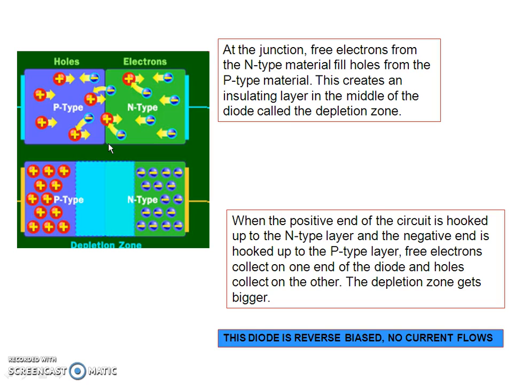So in a PN junction diode, the total current is due to the flow of holes as well as the flow of electrons. Now, as there is a flow of holes from the p side to the n side, there will be an appearance of immobilized negatively charged ions on the p side, and due to the flow of electrons from the n side to the p side, there will be an appearance of positively charged donor ions on the n side.